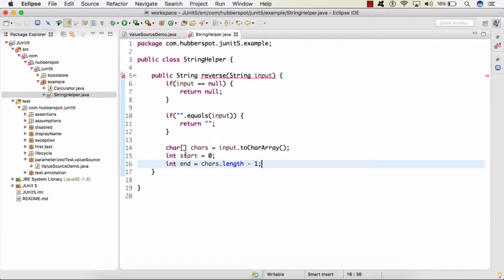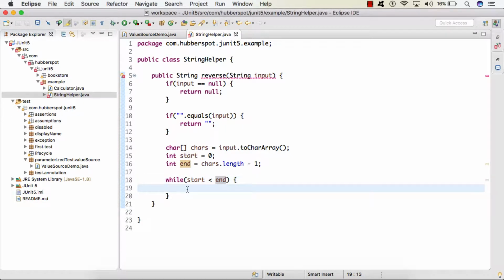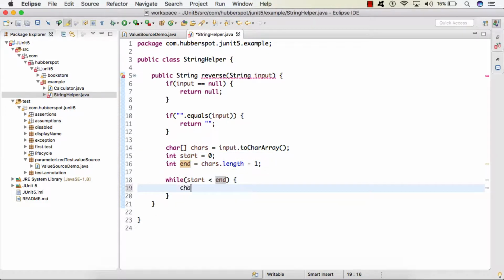so friends, here we have created two variables, start and end. These variables point to the 0th index and to the last index of this character array. Now we'll provide a while loop, and inside this while loop we'll provide a condition: till start is less than end, we'll iterate, and here we'll swap the value at start index with the value at end index. So here we'll create